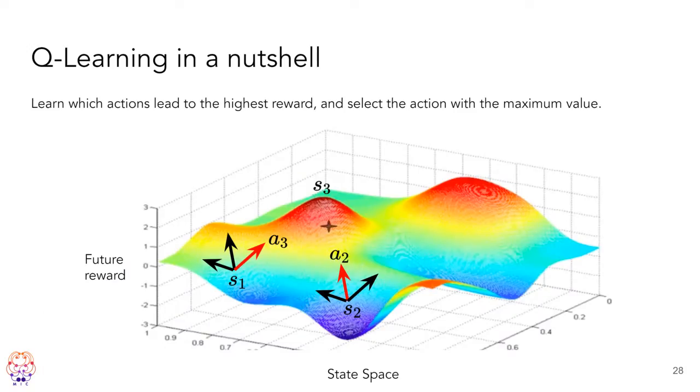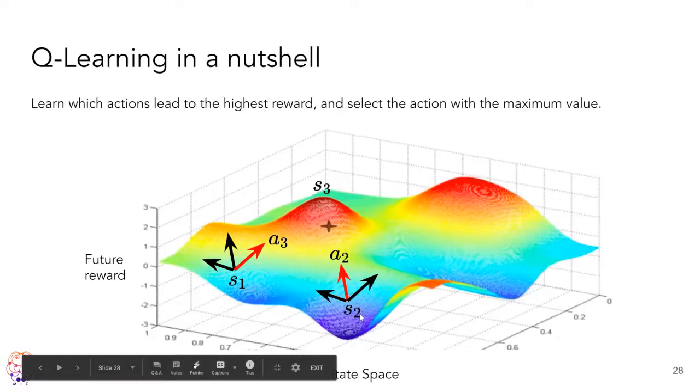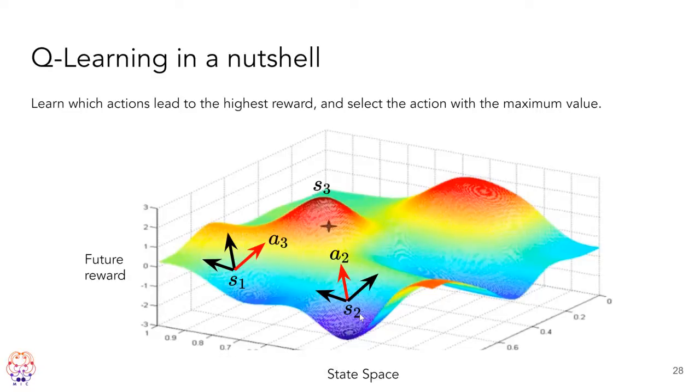So Q-learning in a nutshell is basically you're given a state and you try to pick what action is the best at what state. You can see our goal state would be S3 because it has the highest reward. If we start at S2, we can see that the action towards S3 is A2, and then for S1 it's A3. And the agent learns the values for those actions by experiencing them through trial and error.